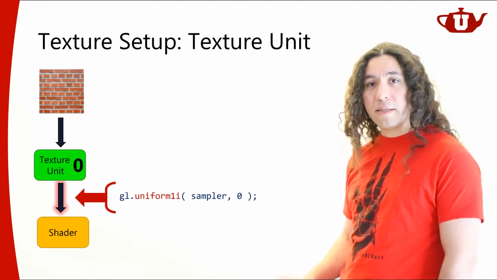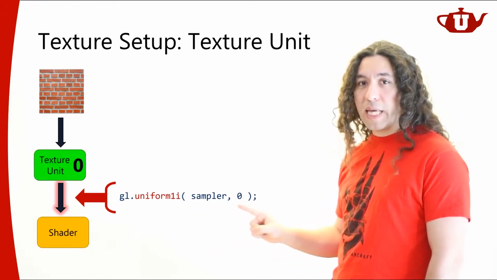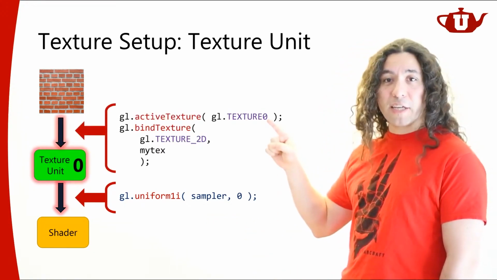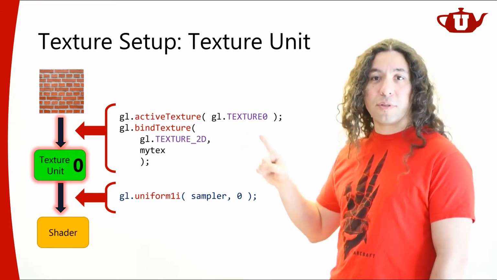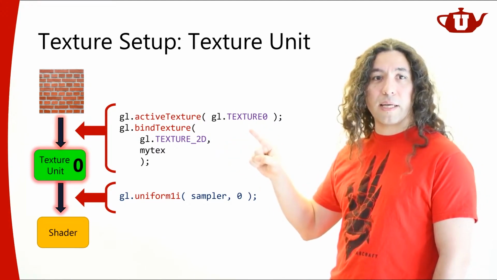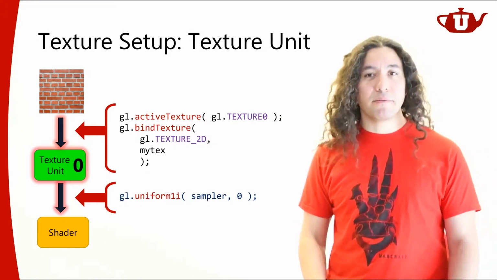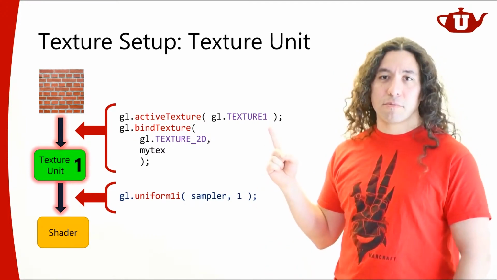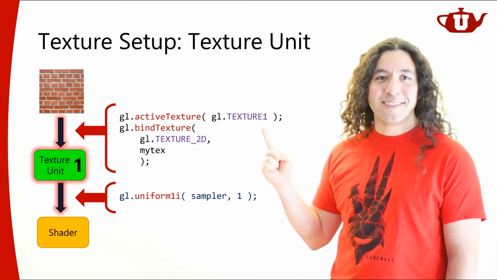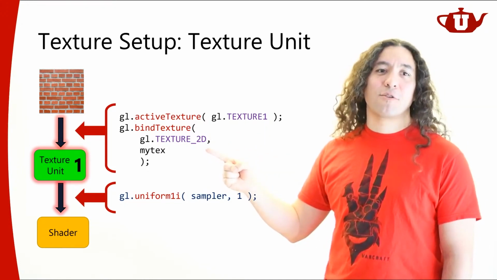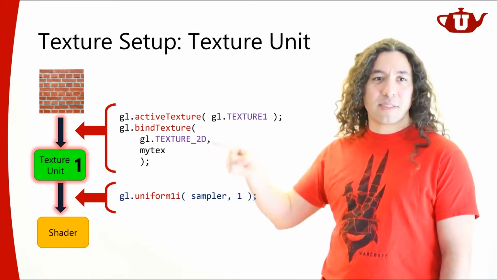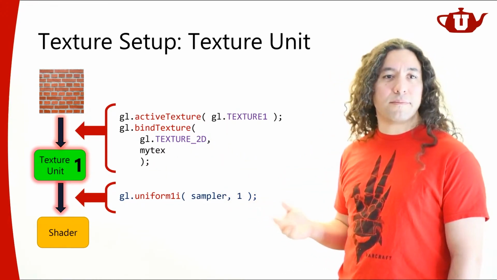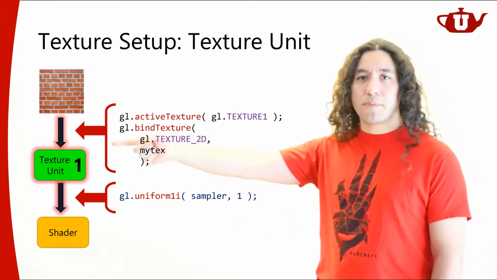So the important bit here is to make sure that I am setting the sampler to 0, and I'm doing that because I took my texture and I set it to this texture unit 0. All right, so that's the whole complexity of doing this. Of course, if I want to use texture unit 1, I can do that. I just need to activate texture unit 1 and then bind my texture to texture unit 1 by calling this after setting the active texture as texture unit 1. And then I need to do this. I set it to texture unit 1. Okay? In that case, I will be using texture unit 1.